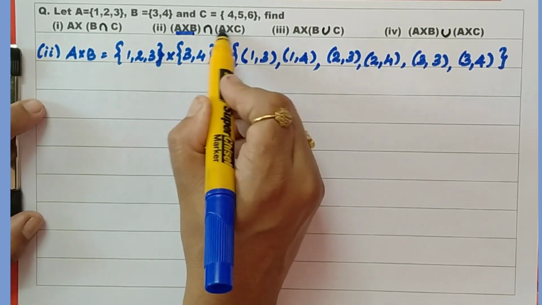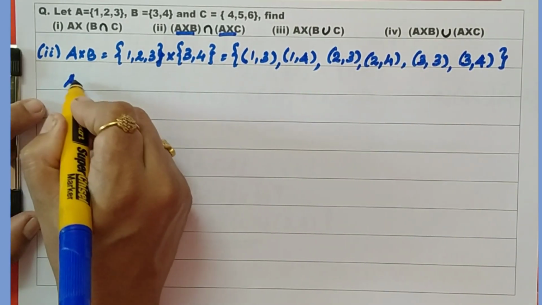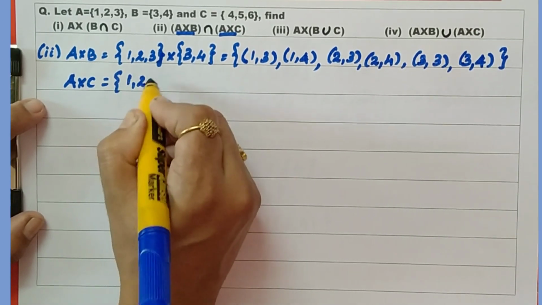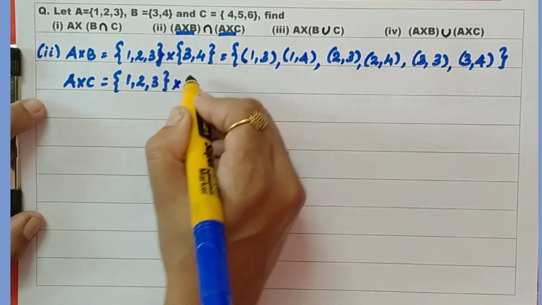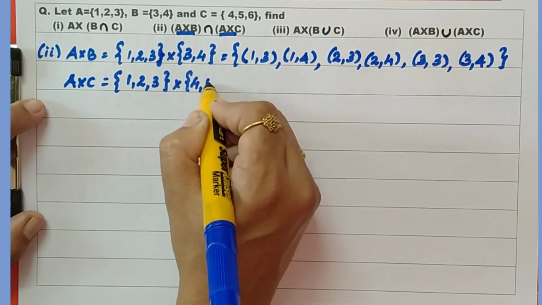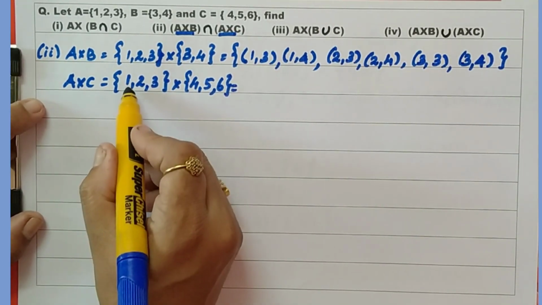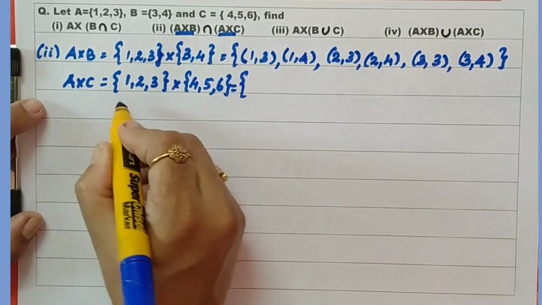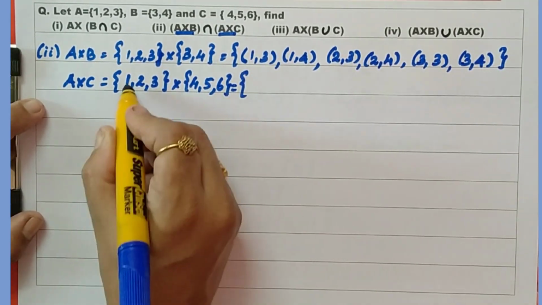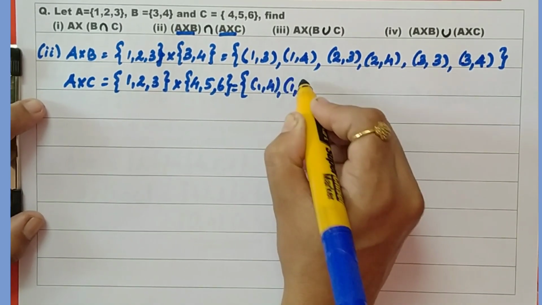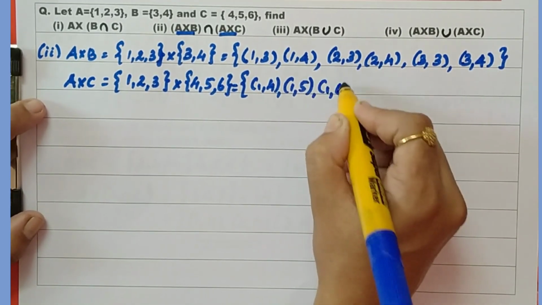Now I am going to find A cross C. What is A cross C? A cross C means that you need to cross {1, 2, 3} with the set {4, 5, 6}, which is equal to the collection of (1, 4), (1, 5), (1, 6),